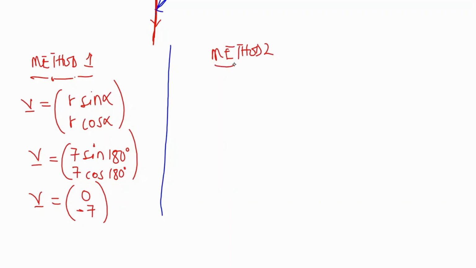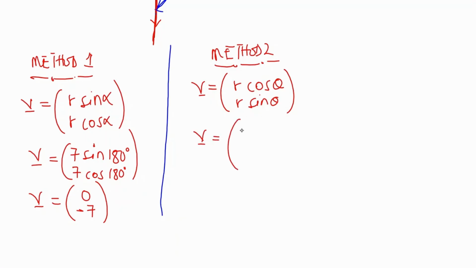That formula gives us v equal to r cos theta, r sine theta. So v is equal to, our r is 7 and cos of